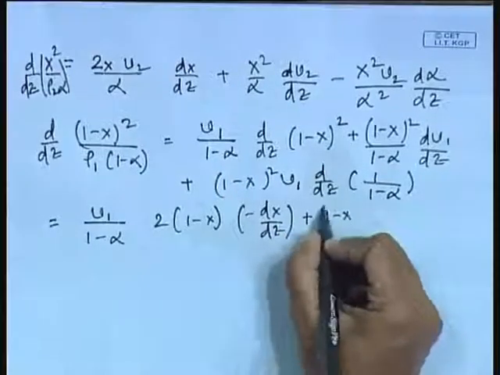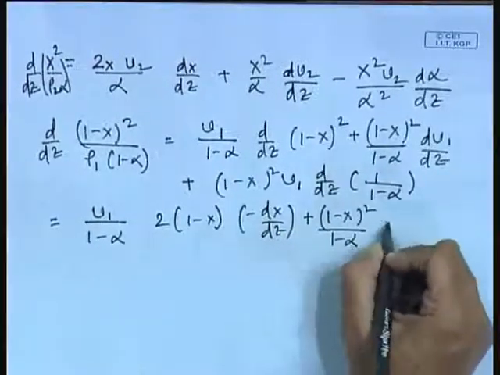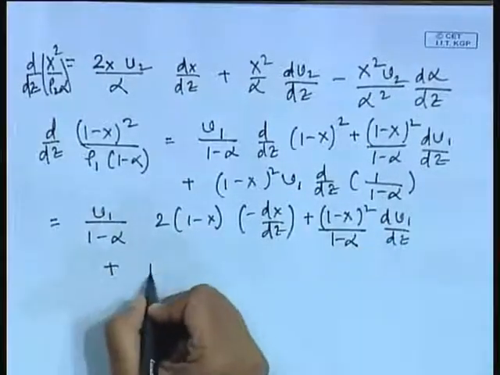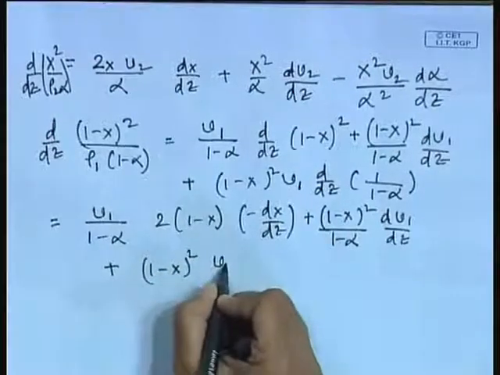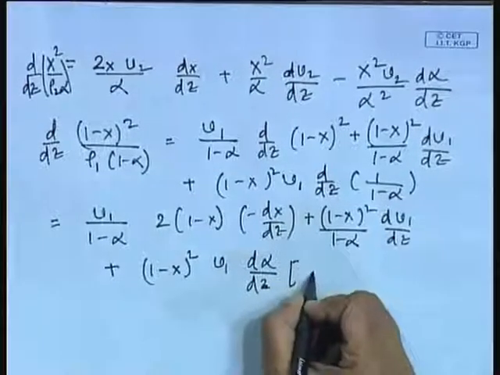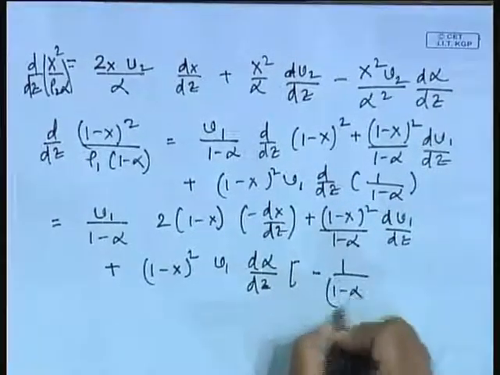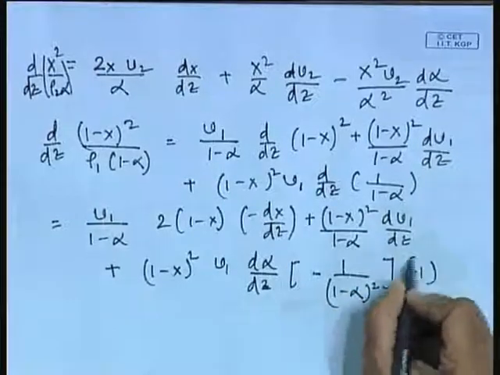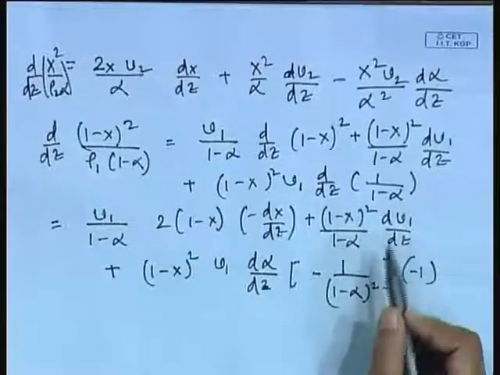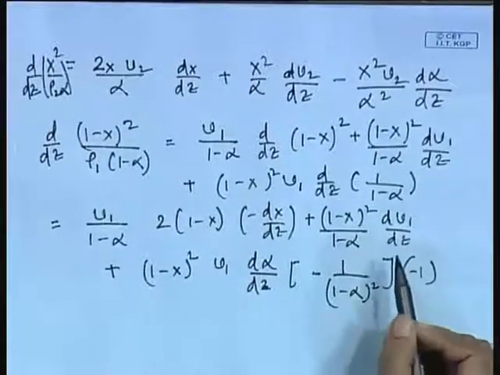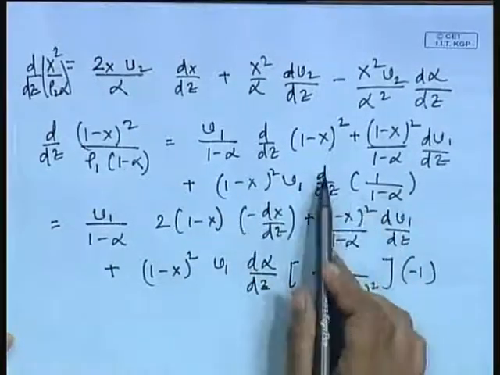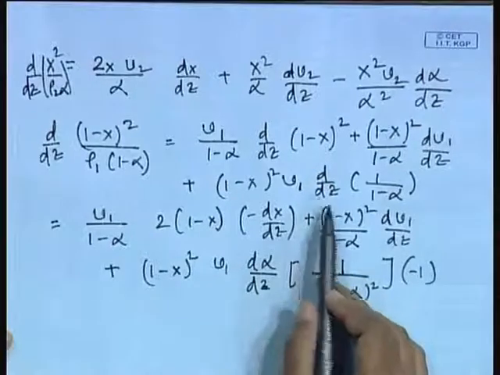plus 1 minus x whole square by 1 minus alpha dv1 dz, and again plus 1 minus x whole square v1 d alpha dz. This gives you minus 1 by 1 minus alpha whole square into minus 1. Simply differentiation I have done. I am not jumping steps, because in case I also make some mistakes, we will not be able to find it out. Okay. So, therefore, from this particular term, if you see,